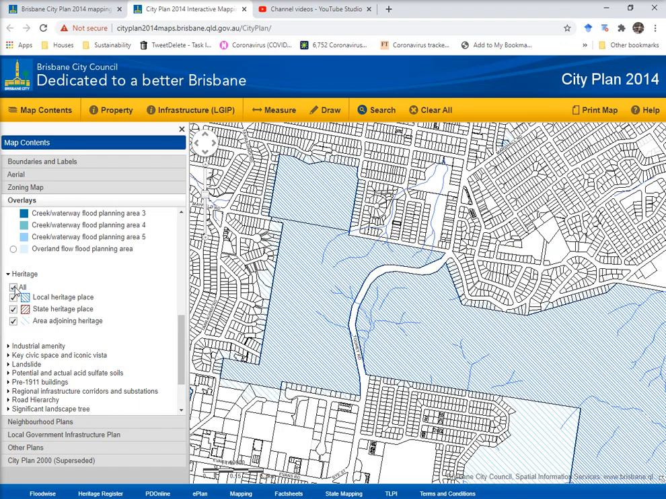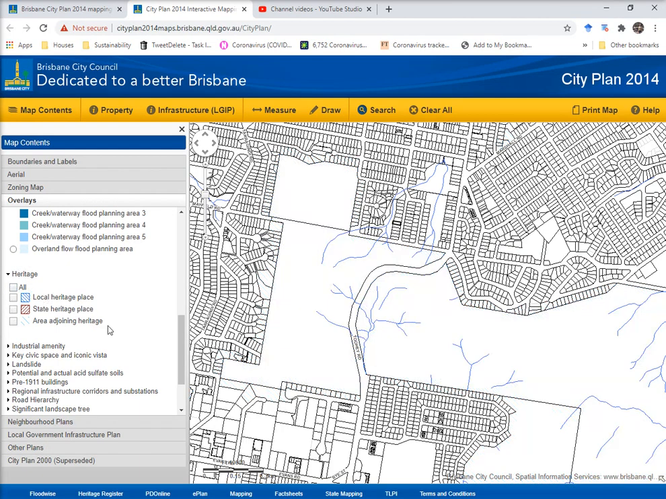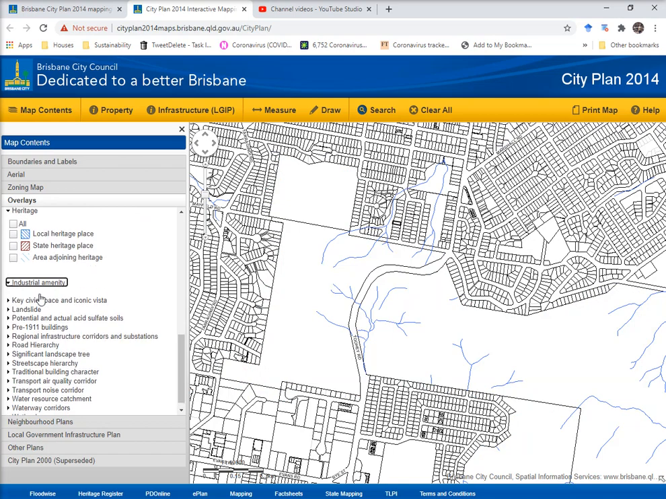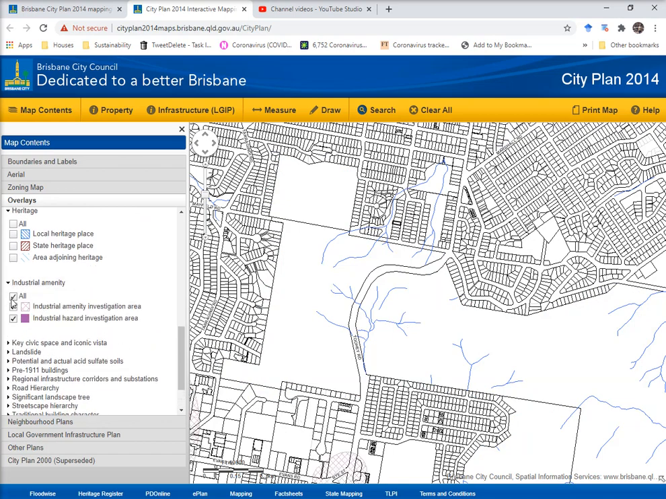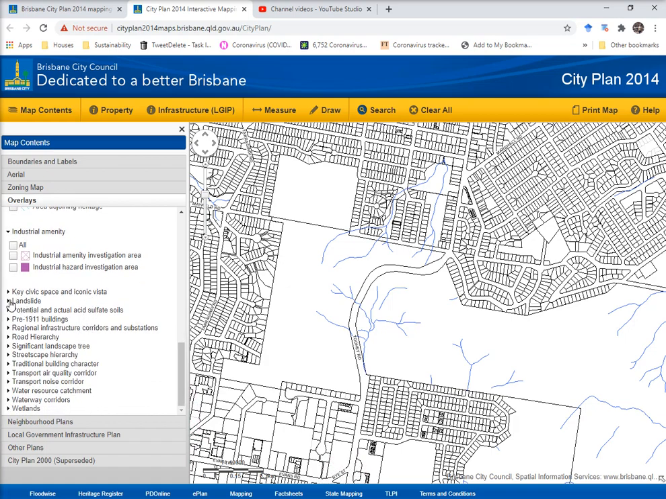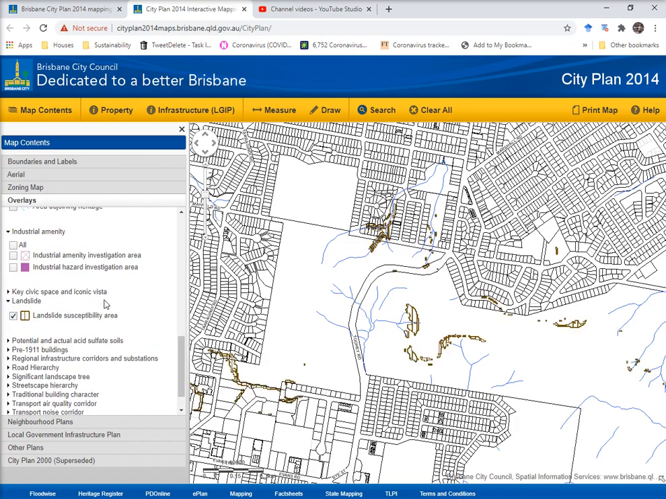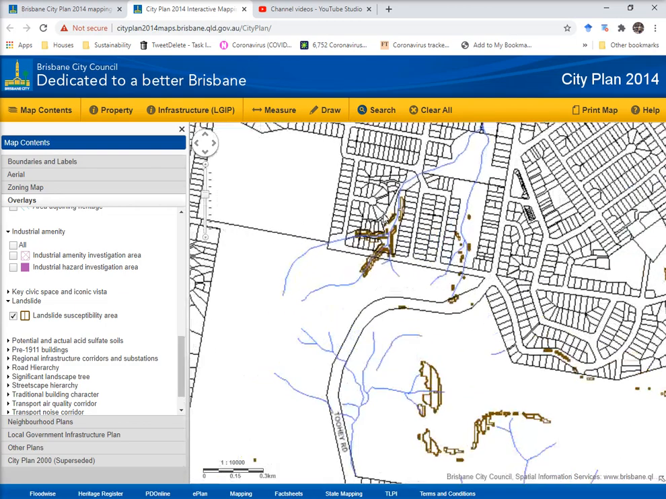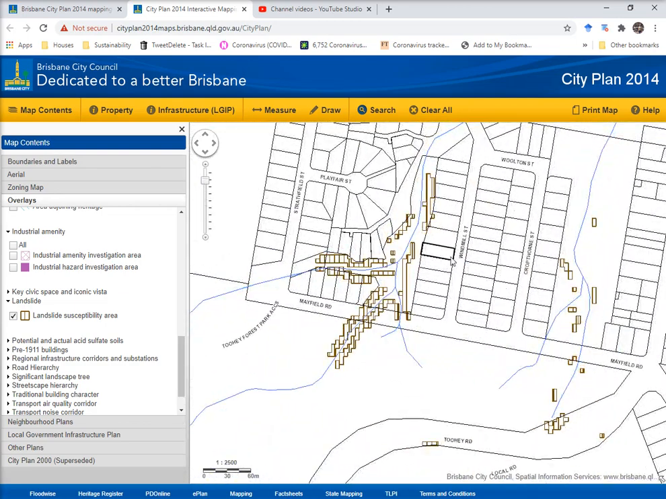Are there any heritage places? The whole of Toohey Forest is considered a heritage place. There's an industrial area over there. Yeah, down there. And as you can see in that landslide I mentioned in one of my others, is a landslide susceptibility area. So quite a lot of, and if I zoom back into 18 Windmill Street, I better stop